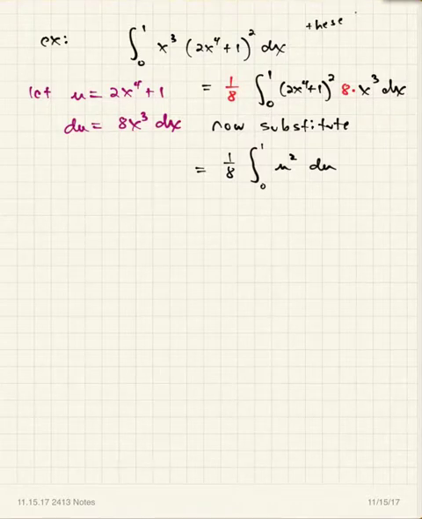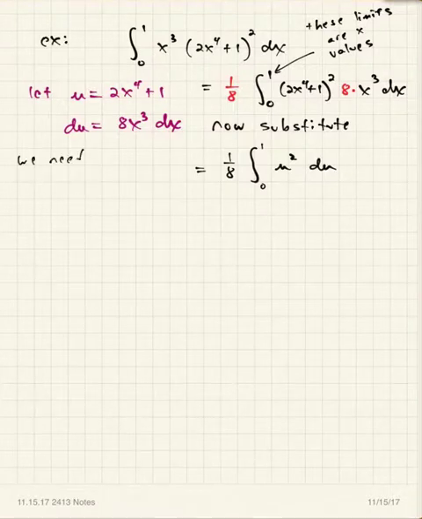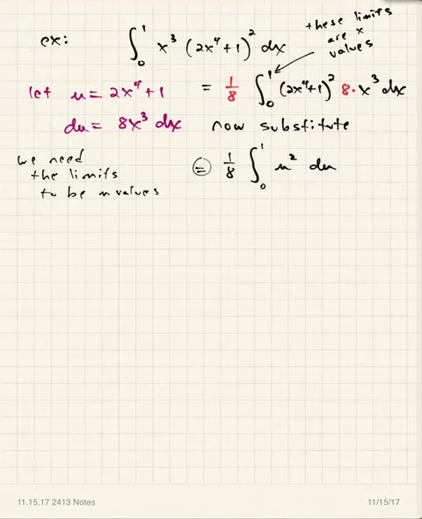These limits are x values in our original integral. So those limits are x values. What do we need? We need the limits to be u values. Remember, I've got an equal sign here, and these integrals are no longer equal if I leave those limits of integration alone. Right? I've got to change those so that they're with respect to u. So notice I erase them,